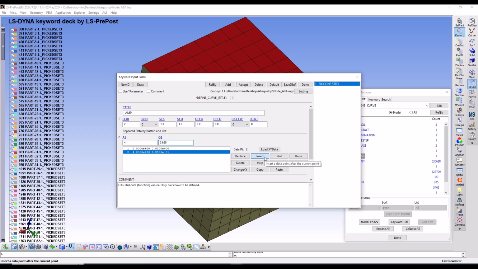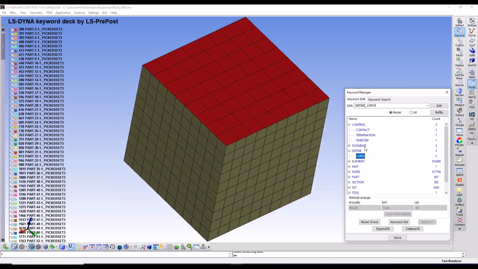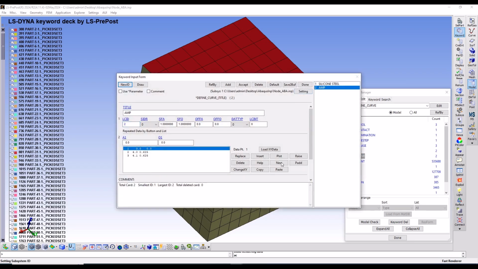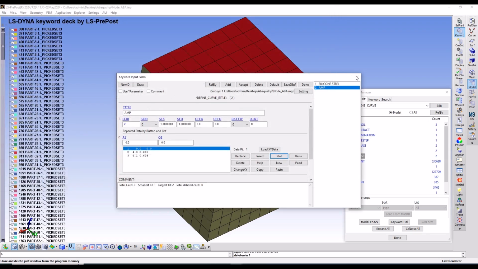So we just define the third row to solve this problem, and accept, and here done. And if you see the plot of this graph, as you can see, this is our displacement amplitude. Okay,